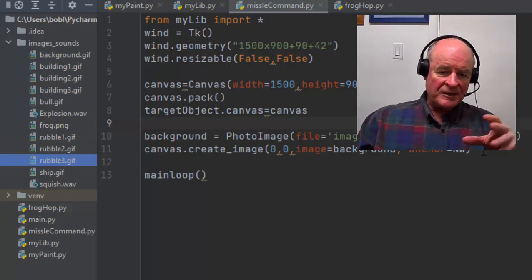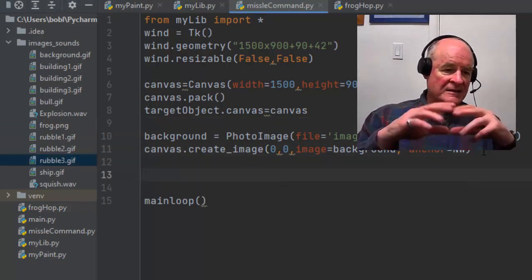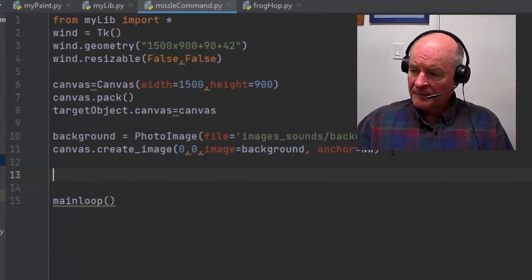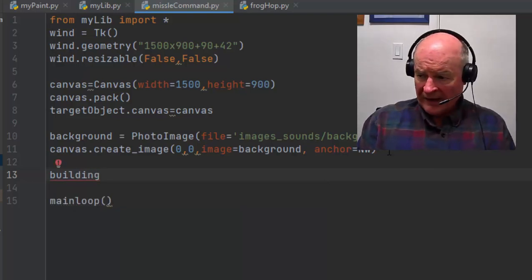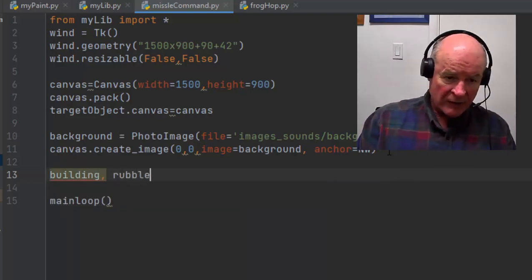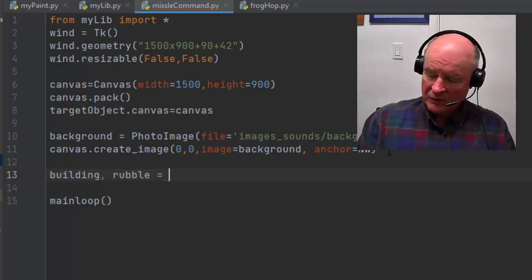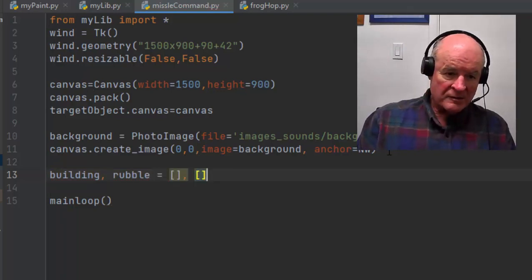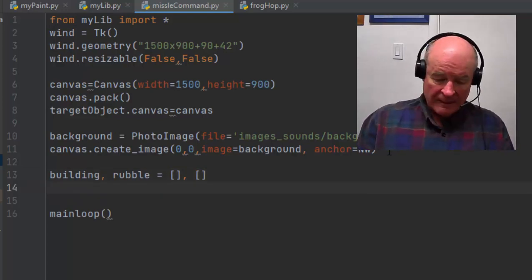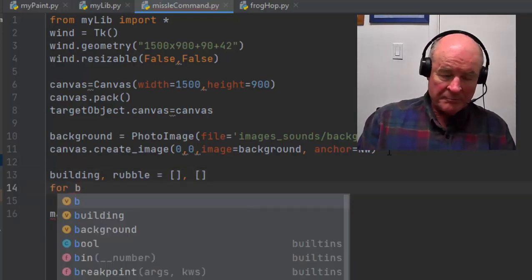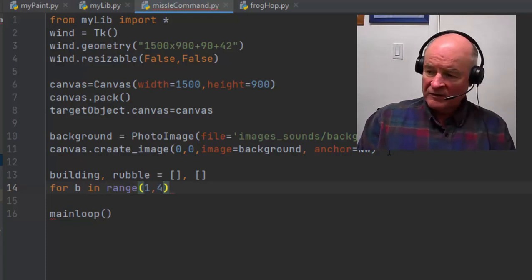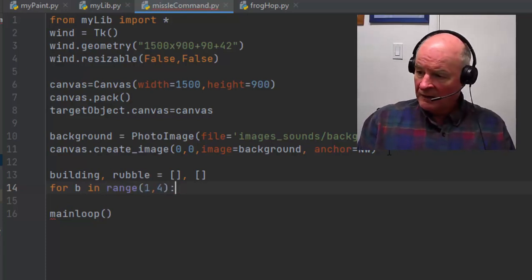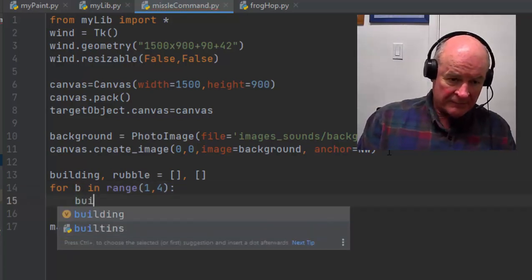So the next thing we're going to do after we create the image and place it in the background is get these buildings ready to be imported, okay? The way we're going to do that is we're going to define an array of buildings and another array of rubble that is going to be equal to 2 lists. So that gives us building and rubble as 2 empty lists. And then for the variable b, which is going to be in the range of 1 to 4, which means it will be the value 1, 2, and 3, we are going to add a building,